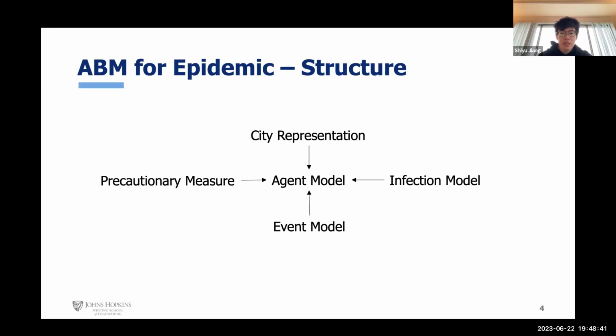In the top module, which is the city representation, we let the agents live on maps that are generated from the real world, and you will see it in the following slides. We also have the infection model, which we customize,